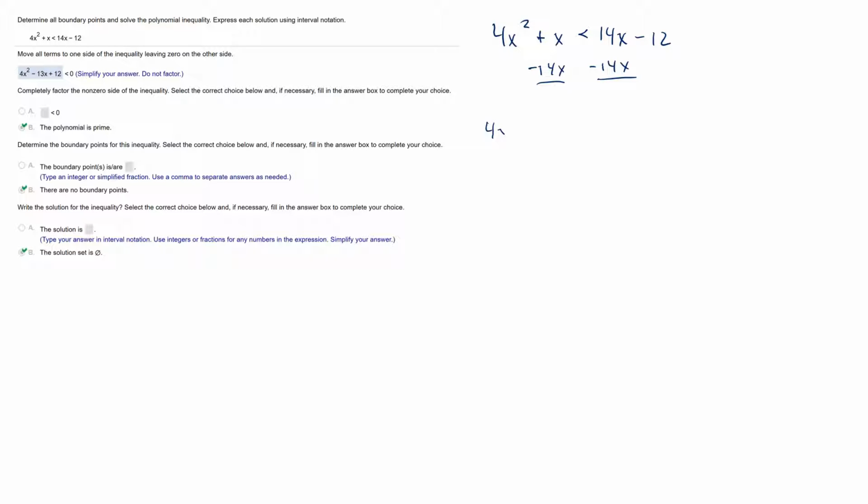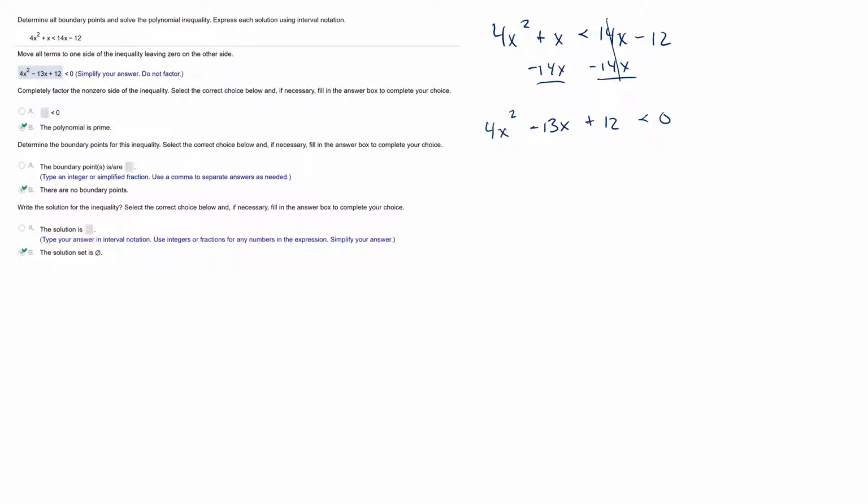That'll give me 4x squared minus 13x. And I'm going to go ahead and move the negative 12 to the left side, making it positive 12. And that concludes the first task. So we have moved all the terms to one side, giving me 0 on the other. Now,